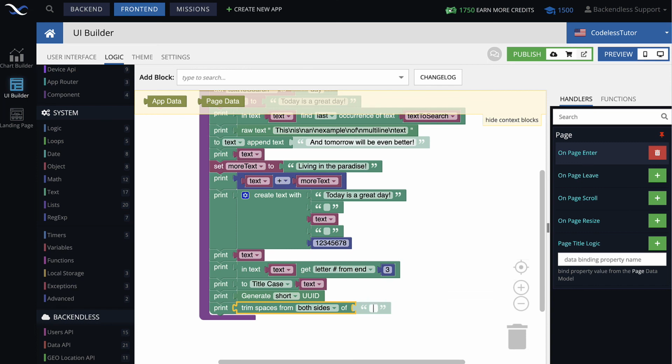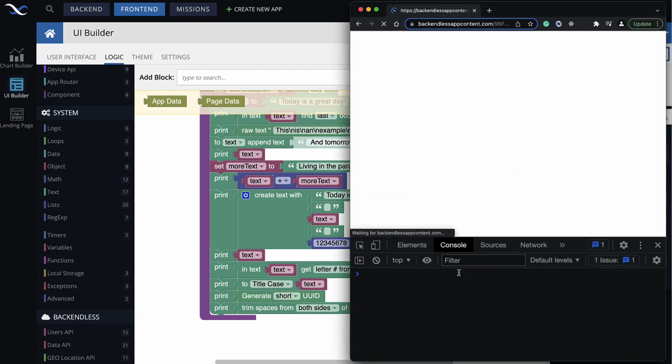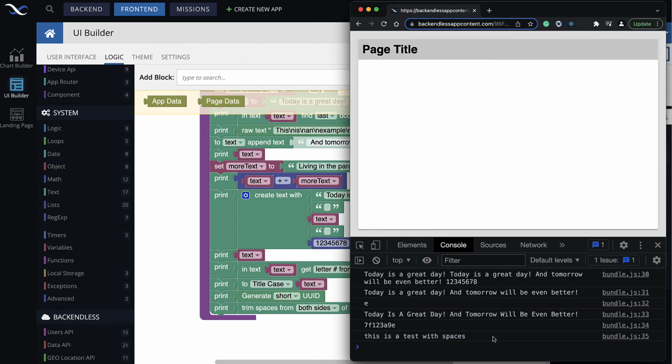So here, if I introduce some spaces, and I put more spaces, as you can see, this is some text that contains spaces on both left side and right side. If I use trim spaces on both sides, then the result is going to be the same text without any spaces. All the spaces were trimmed.